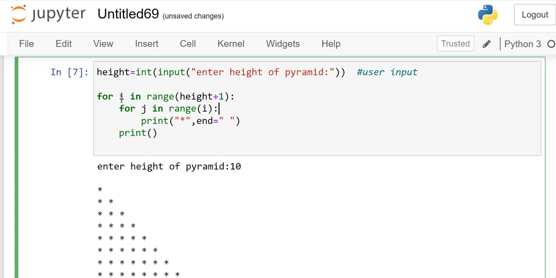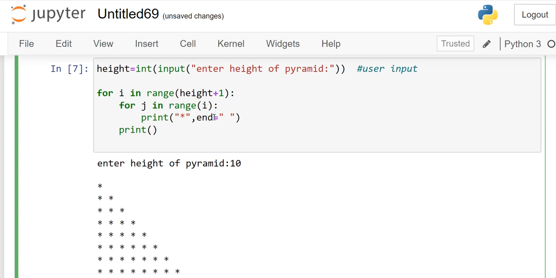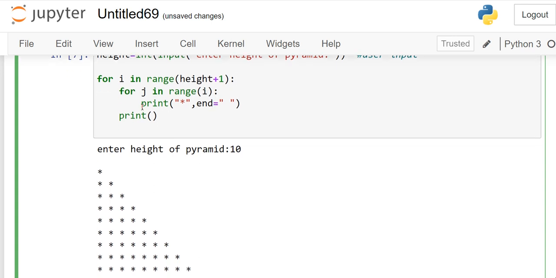Okay, so let us see here, the main loop will be executed till the range height plus 1. Why I have taken the height plus 1 means here always index starts from the 0. To consider the last value also, I am using the height plus 1. So for j in range of i, this will be executed until the range of i. For example, if i value is 0, this will be executed till the 0. If i value is 1, this will be executed till 1. So like that you will be getting in the output screen.